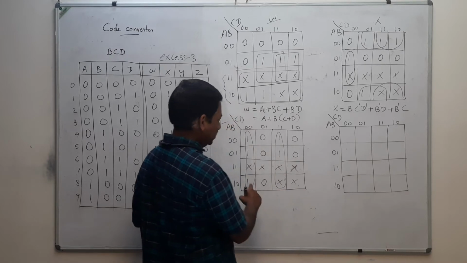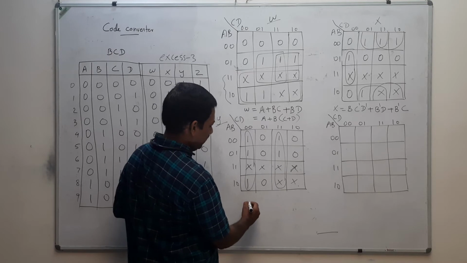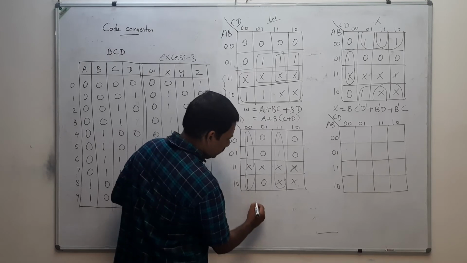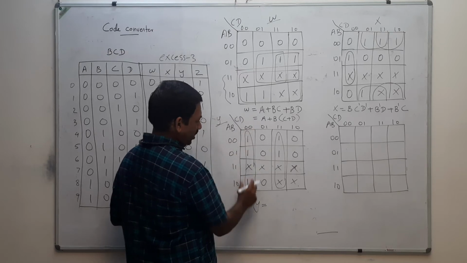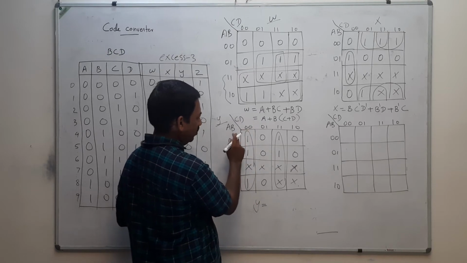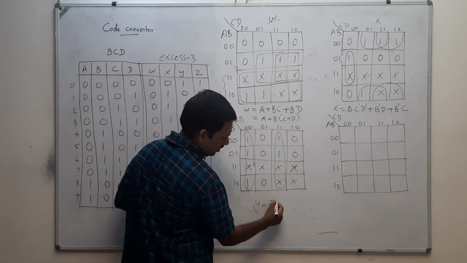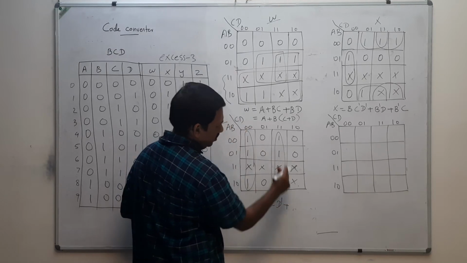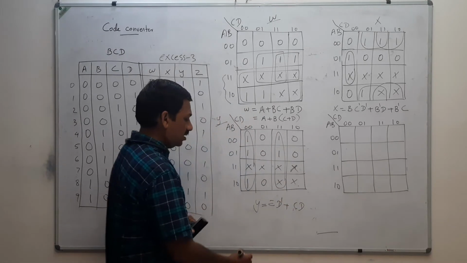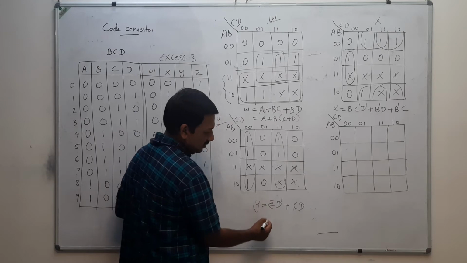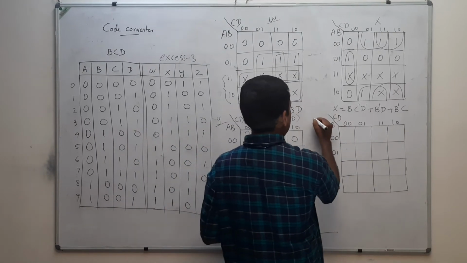So in this case, you have only 2 groups which are given by Y is equal to, here the C bar D bar will go and what AB will go and what remains is C bar D bar. C bar D bar, or this is CD. CD plus C bar D bar. And what is this? Y and Z.